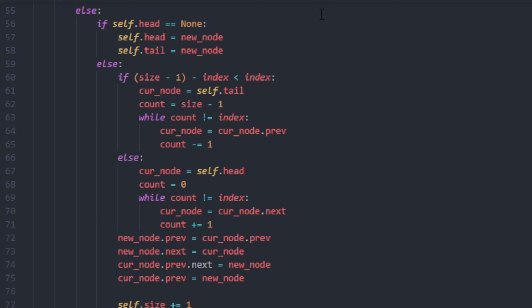So essentially what we're saying, let's just say that the size is 10. There's 10 nodes in our linked list. So 10 minus 1, meaning the largest index is 9. And let's say we want to insert at the third index. Go 9 minus 3. Actually, let's just say the index is 7. So we go 9 minus 7. If 2 is less than 7, which is the index example that we just used,